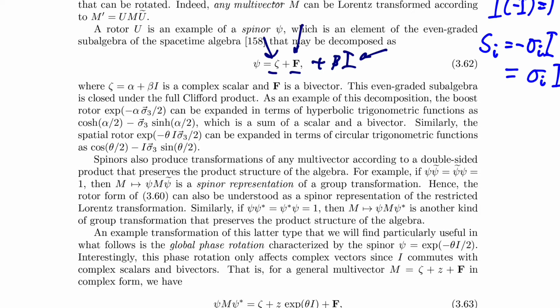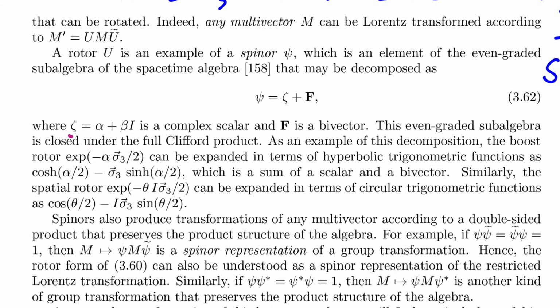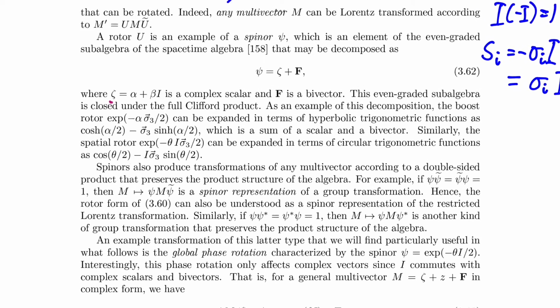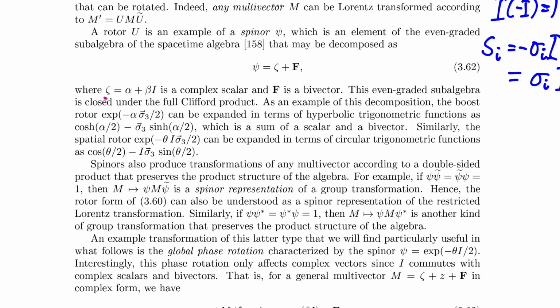And that's confused me for a while, but of course I wasn't reading clearly, because zeta is a real number plus the pseudoscalar, right? It is a complex scalar. So you can see how this notation can really get out of hand if you're not careful. If you don't realize that psi is a complex scalar in this prescription, you're wondering where is the pseudovector that is supposed to be part of the even-graded subalgebra. So anyway, this is the even-graded subalgebra, and what they're saying is a spinor is some element of